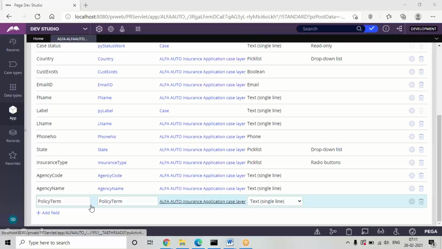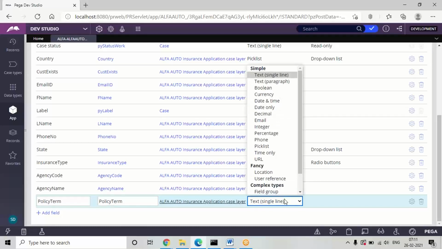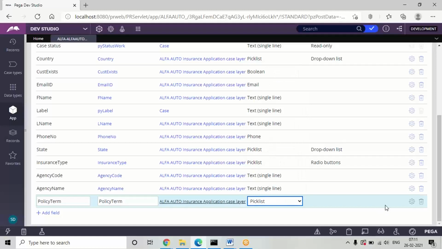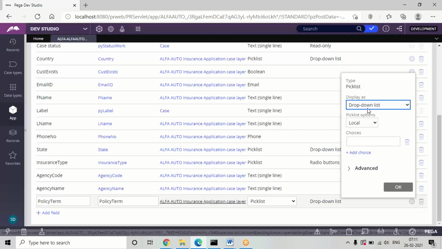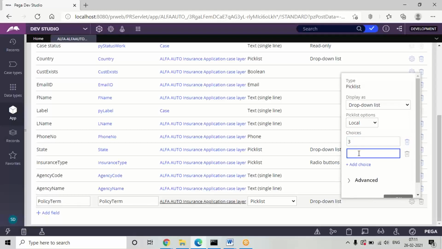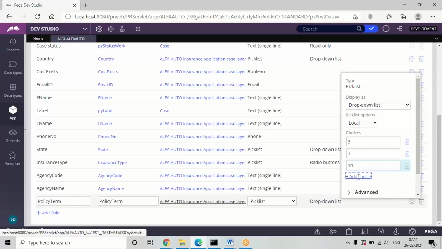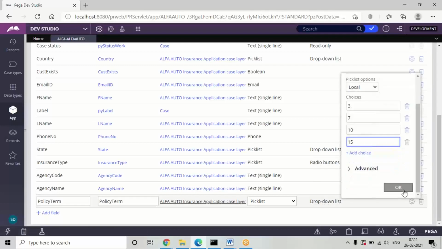The next set of properties we are going to define is policy term, and here I'm going to choose the type as pick list. For this I want to use a drop down, and some values I'm going to give directly. A term is nothing but years here, like 3 years, 7 years, 10 years, 15 years. Some values I'm going to choose. So click on OK.